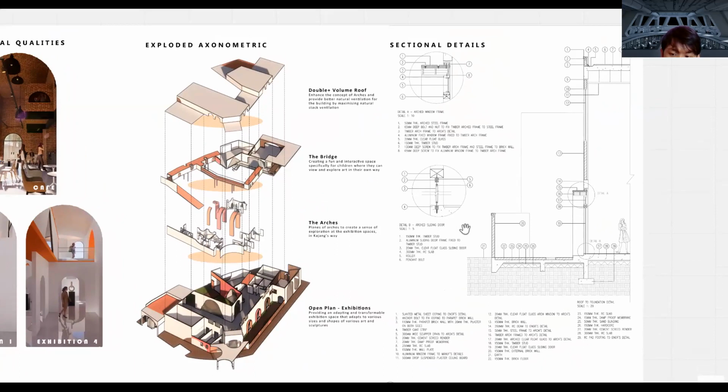Next, the exploded axonometric will summarize the previously mentioned main characteristics of this art gallery, which include the double volume roof, which allows the arch openings to be designed at a larger scale. Then the bridge, where a children-specific program is introduced. The arches,